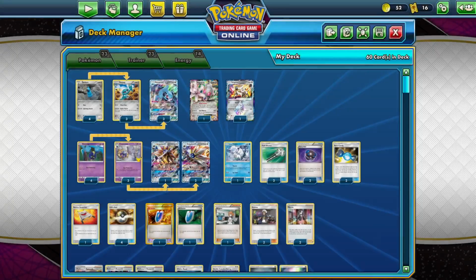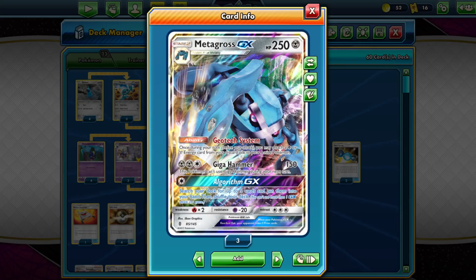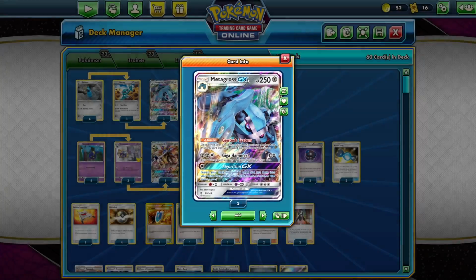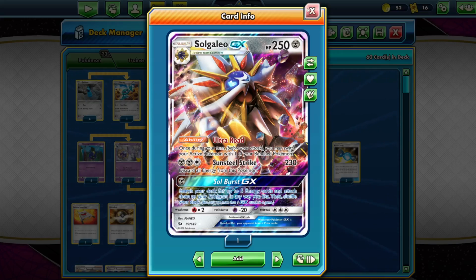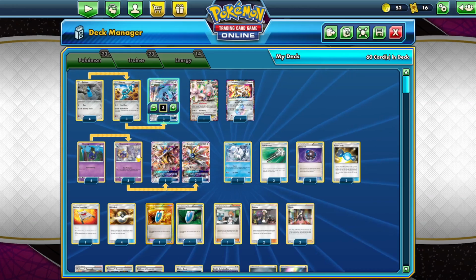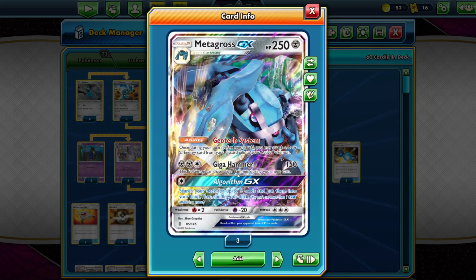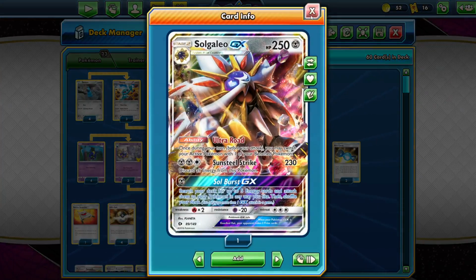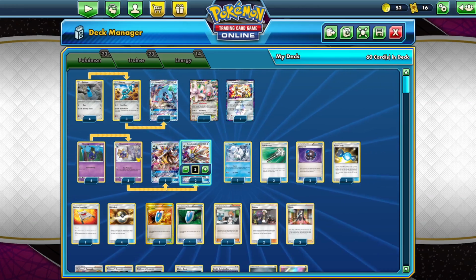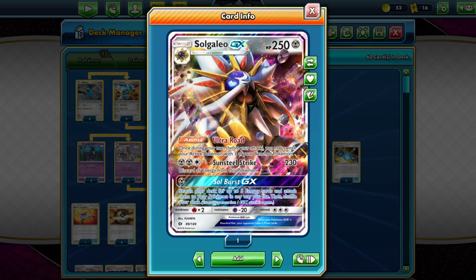And so basically the big loop here would be Metagross GX will use Giga Hammer. Can't use it next turn. The next turn we'll Ultra Road to switch Solgaleo up for free. Use Sunsteel Strike, which discards all energy. Come back next turn, Metagross uses the Geotech System to get 1 of them back. Giga Hammer again, using Ultra Road to bring him back up. And then the next turn, again, another Geotech System, which still only brings him to 2, but we can either just